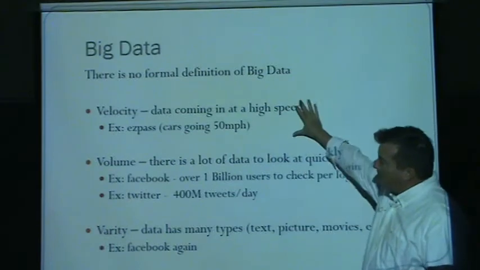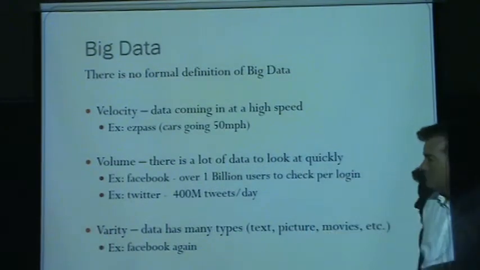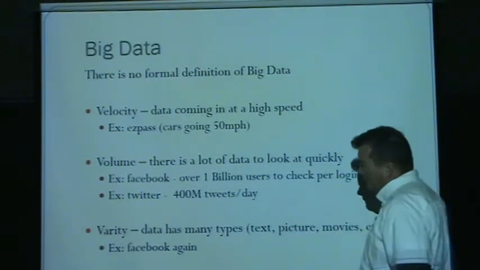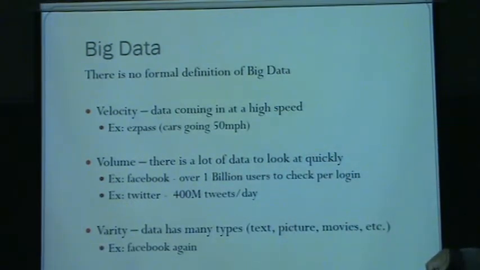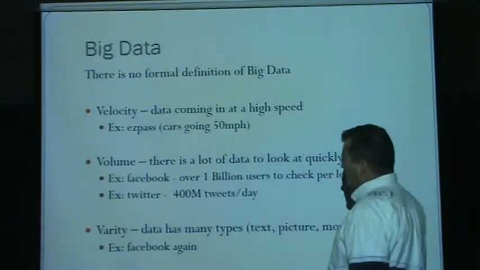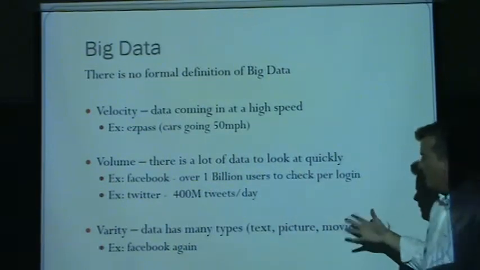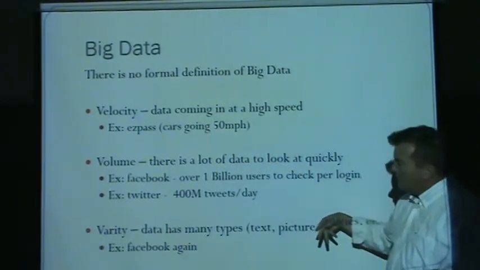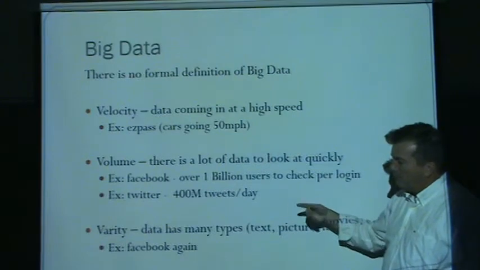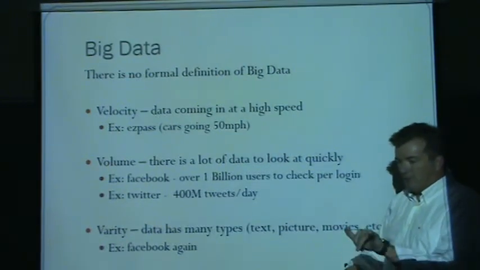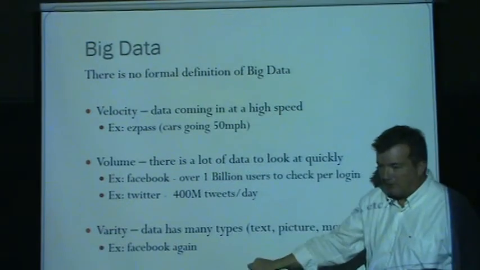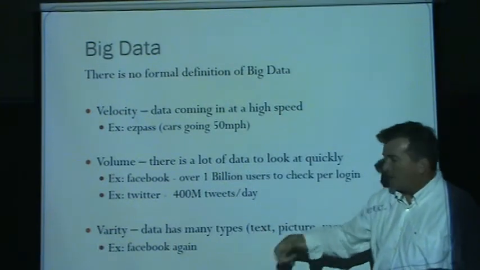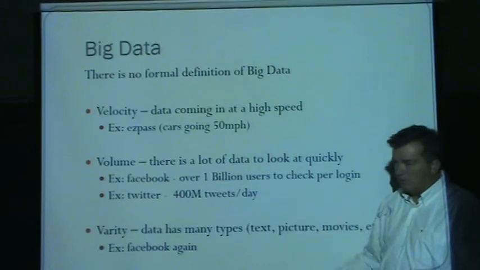So it's not only the amount of data, but sometimes even the speed at which you have to get the data. Volume of data is obviously very important. So for example, if Facebook has over 1 billion users and you want to check for login, we don't want to have you log in and then you give your password and your email and they check that against 1 billion emails until they finally find you in a database. That could take too long for you to log in, and then you wouldn't want to use the product.